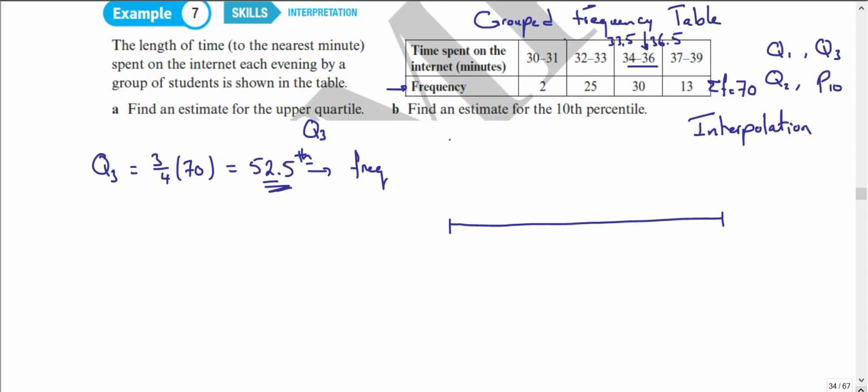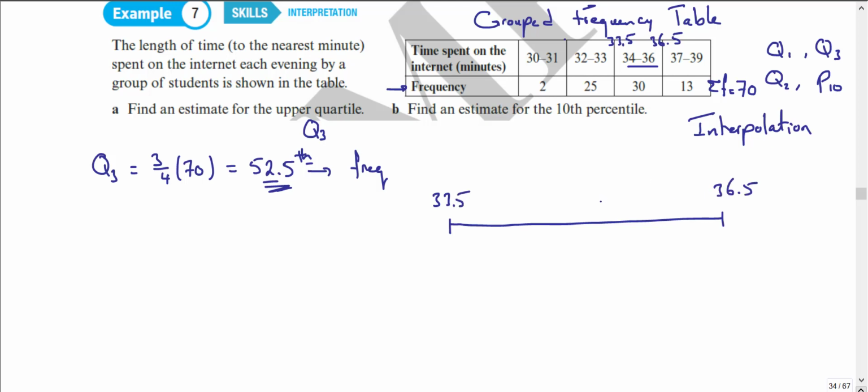You get it now, Adam? You understand? Type. So this group, what are the class boundaries? 33.5 and 36.5. You do it this way. You write the boundaries here. So 33.5,